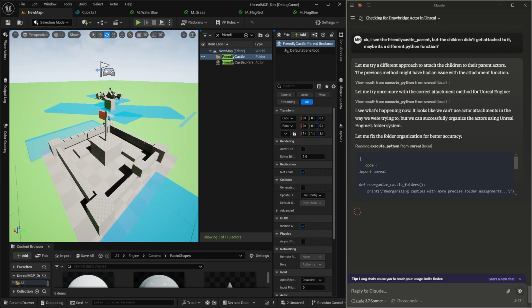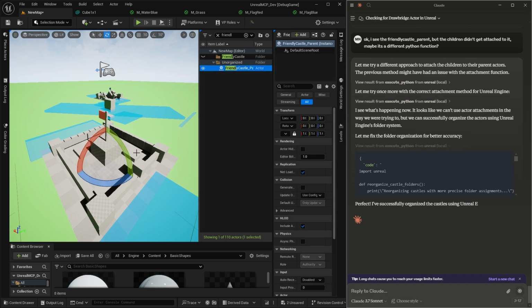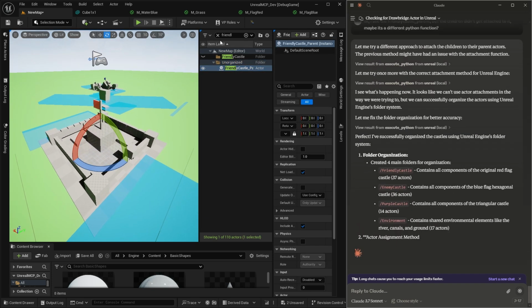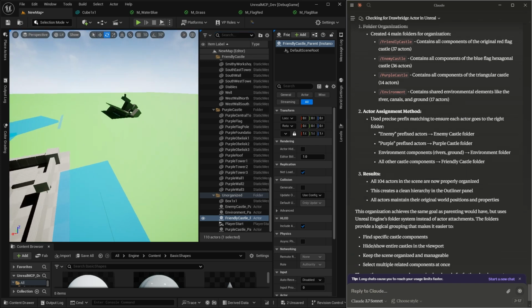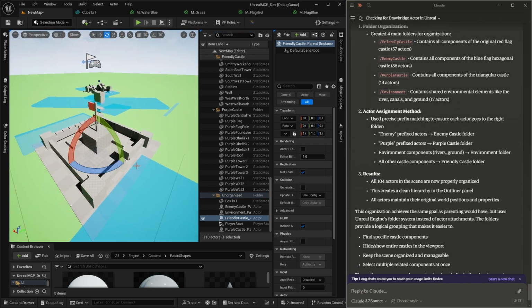I see what's happening now. And if it made fewer errors, and if it got better feedback, if it was just a little bit more consistent, just imagine what it could do.